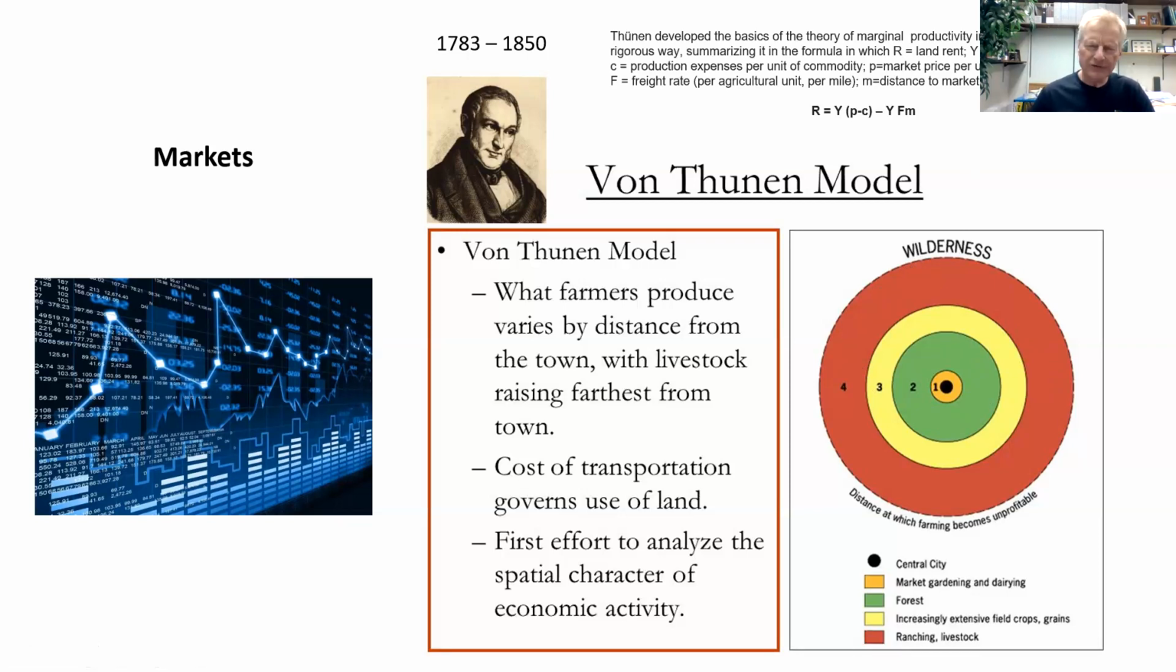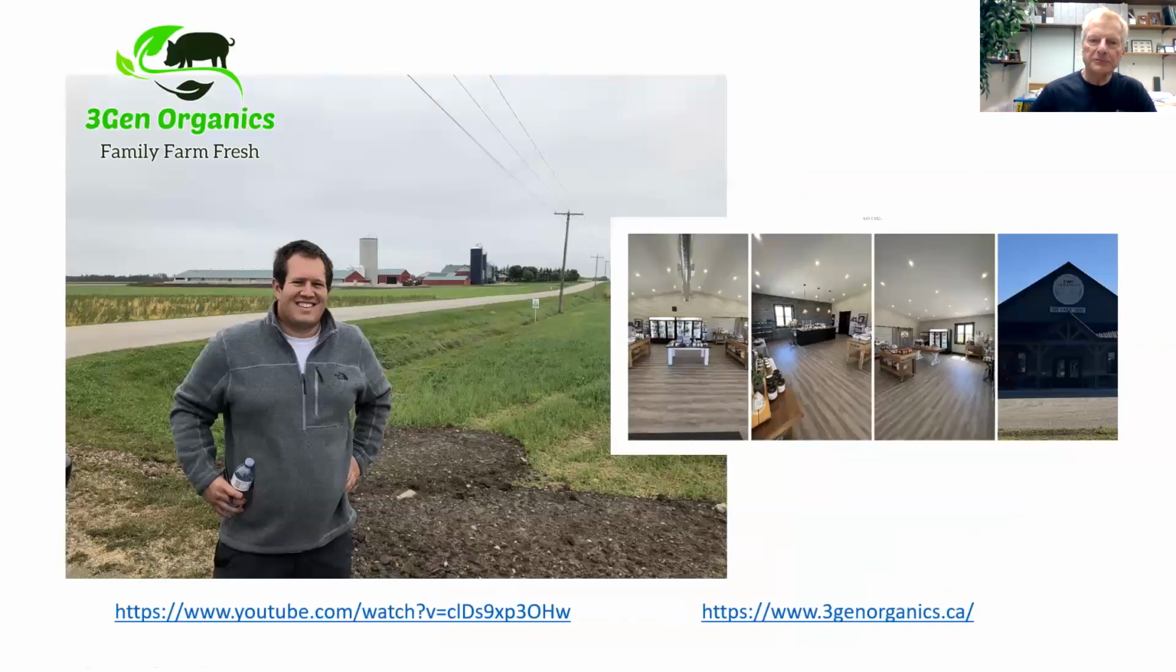Now, why am I showing you something from 200 years ago? It doesn't make any sense. We have semi-trailers. Yesterday, I drove 700 kilometers there and back to a field day. Transportation systems are quite amazing these days. Well, I wanted to share this because I see farmers still taking advantage of proximity to markets. This is one example. 3Gen Organics, north of Kitchener, Ontario,